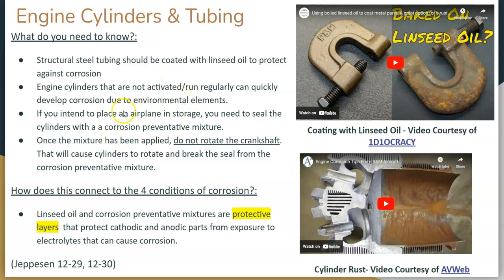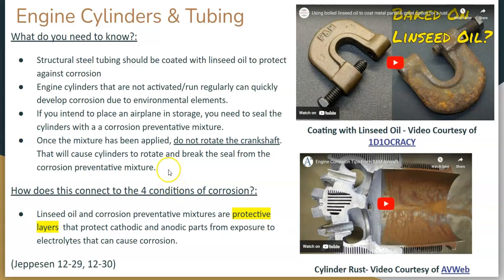But if you have to put an airplane in storage and you don't intend to run the engine for a while, then you need to seal the cylinders with a corrosion preventative mixture. That way this doesn't happen. And once the mixture has been applied, you cannot rotate the crankshaft, because doing so will cause the cylinders to rotate, which will break the seal and cause the elements to get into your cylinder